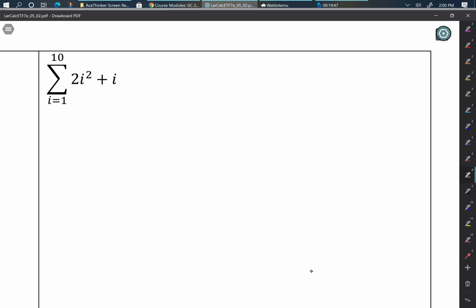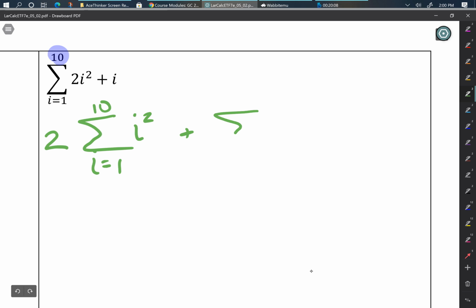Now, 10 isn't that big of a number. I could probably just write all these out. It wouldn't be that bad. But I want to get in the practice, so I'm going to use them. First thing I'm going to do is use those first two simplification rules to turn this into 2 times the summation as i equals 1 to 10 of i squared plus the summation as i equals 1